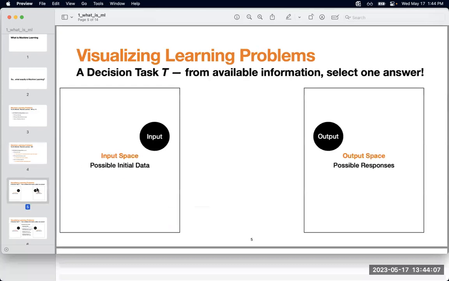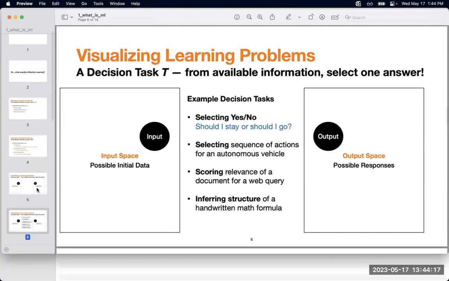So let's try to visualize a little bit more on that. If we say that our task has, as we mentioned before, an input and an output, so the idea of a function, we could list a few examples of tasks that would be acting as those functions, taking inputs and generating some possible outputs, possible responses. So for instance, you might be just selecting between two choices, like the yes and the no, the true and the false. So essentially the typical binary classification problem.